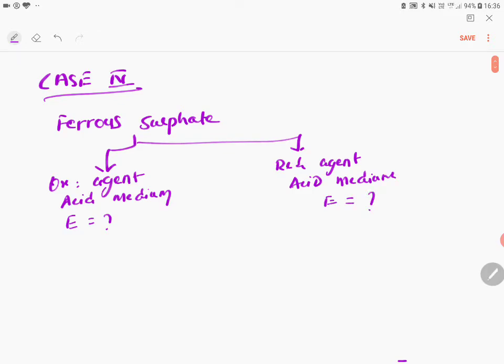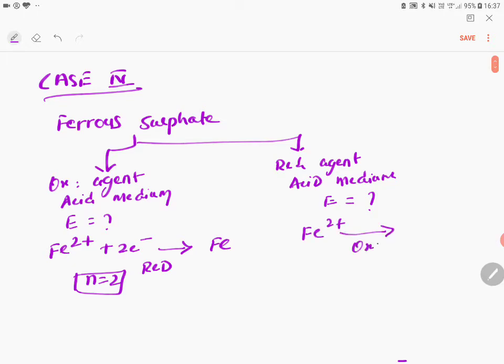First of all, please understand why ferrous sulfate can have varied equivalent masses as an oxidizing and reducing agent, because all of you know ferrous ion is Fe2 plus. As an oxidizing agent, it can get converted to iron because reduction will take place. Obviously here n factor is equal to 2. When it acts as a reducing agent, ferrous ion will get oxidized to ferric ion, all of you know this. So here n factor is equal to 1.